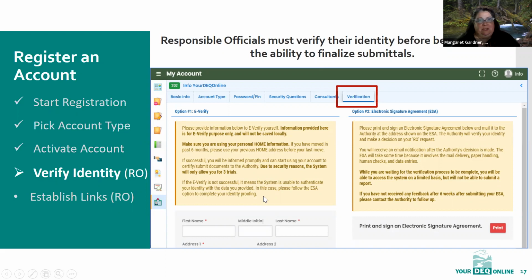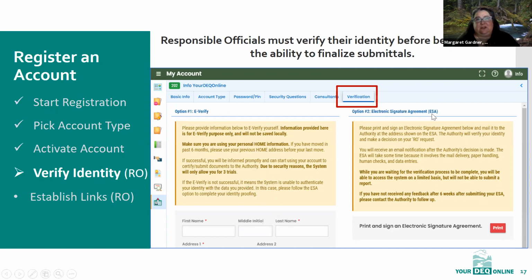If all 3 chances don't quite work, there is another option, because we're always going to have a path for you to be able to get this set up. And that is option 2. So option 2 is not something to start with. E-verify is what you start with. It is the quickest way to get through this. Option 2,